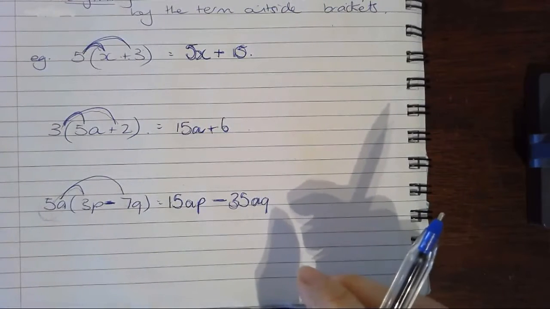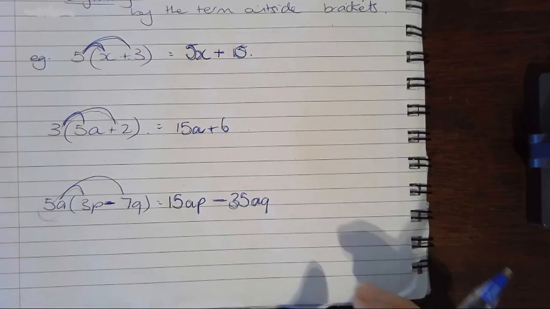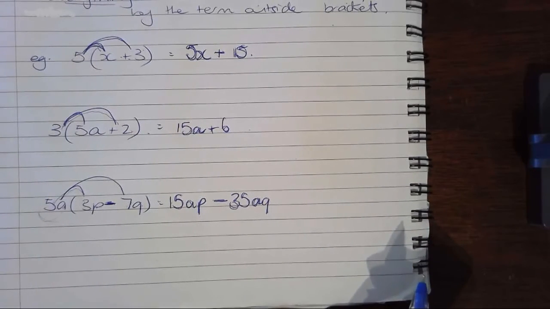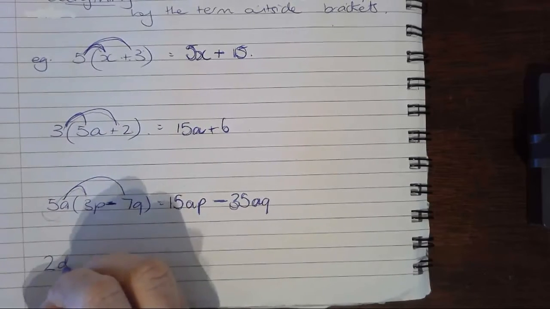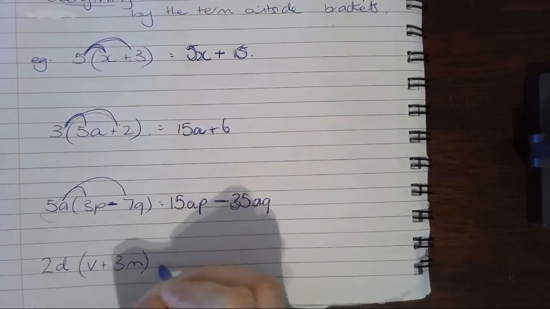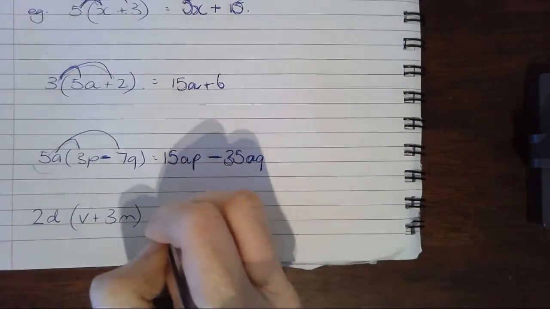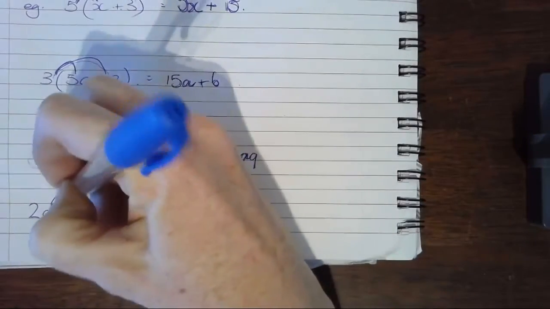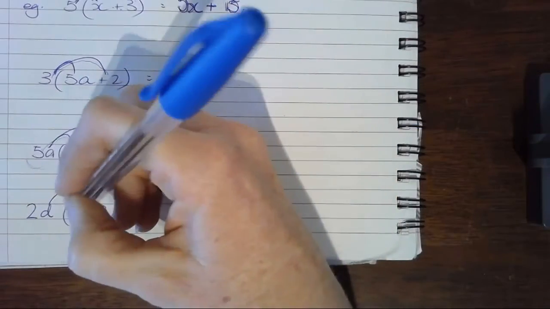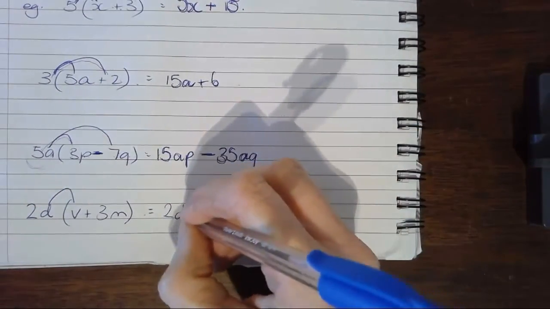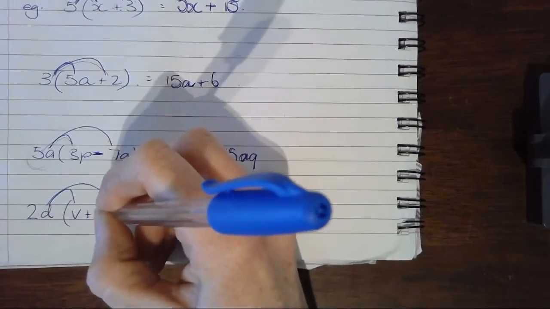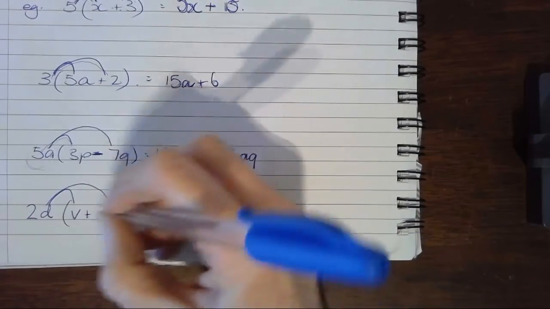Okay, just thinking I might do one more example. So let's say I have 2d outside of v plus 3m. Okay, so multiplying each section by the term that's out the front. So 2d times v, that's 2dv, plus 2d times 3m. So 2 times 3, 6, times d times m,